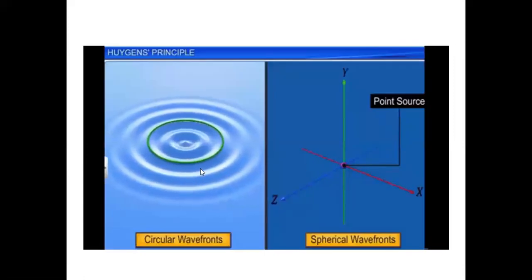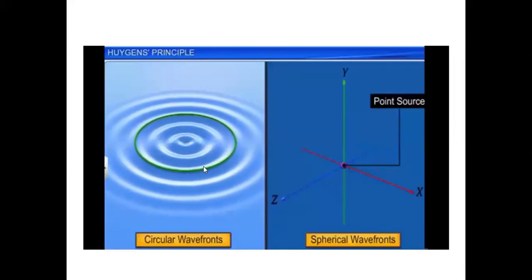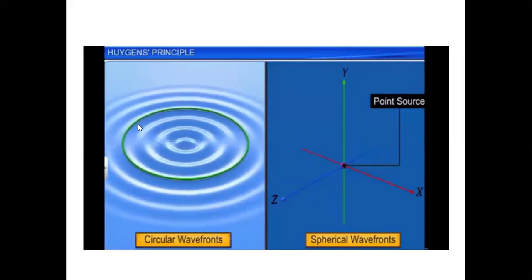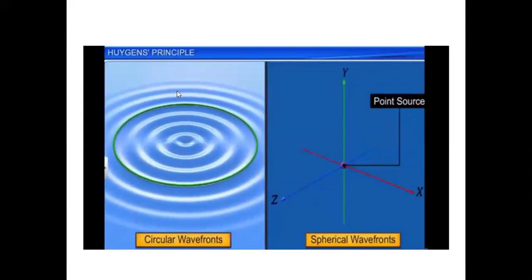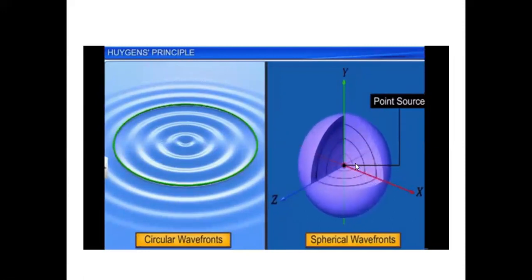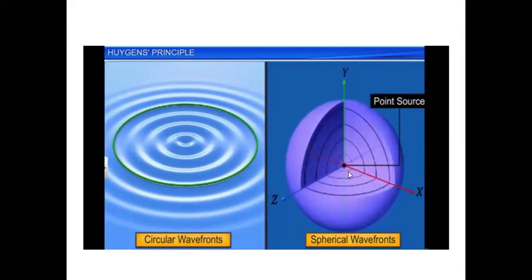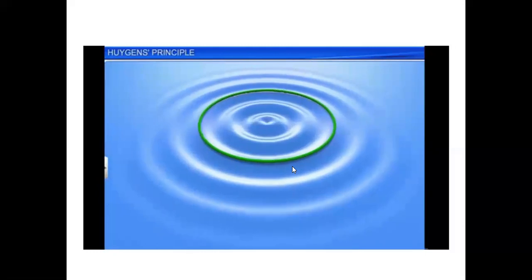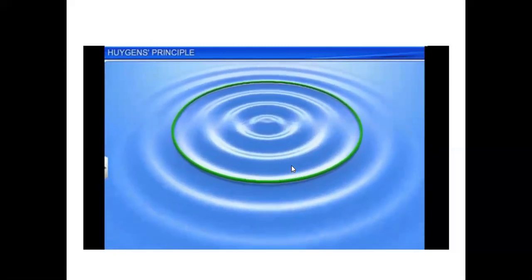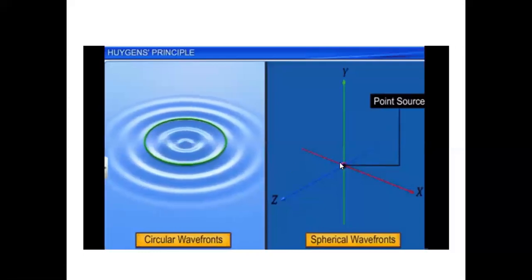Okay. In a water ripple, it is a circular wavefront, right? Because the water ripple doesn't move in and out of the water. It is only on the surface. Now, if you consider here a point source of light, light is a three-dimensional wave. It travels in all the directions, not on a plane. It travels in space. So it is a three-dimensional one. So if you put the circle in three dimensions, you will get a spherical wavefront, right? So a point source of light gives a spherical wavefront.